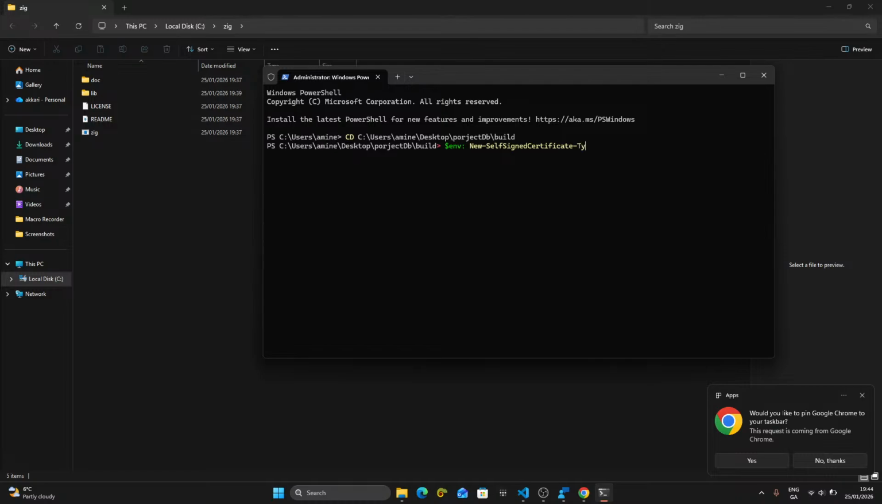Then type. You're gonna do space then type like this. Inside of it, you're gonna write code sign signature. You can add whatever you want. And now we're gonna add the subject. But first, subject, which would be